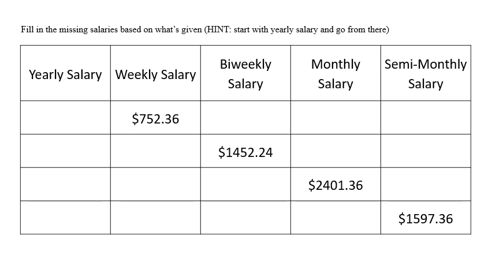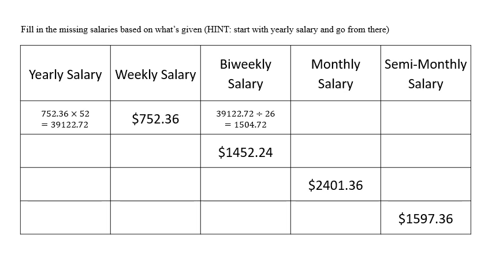So because with weekly, you're paid 52 times in a year, we would just multiply the weekly salary by 52. And you find that you have a yearly salary of $39,122.72. Then we can do that to find the biweekly salary by dividing by 26. So we take that yearly salary, divide by 26. We get